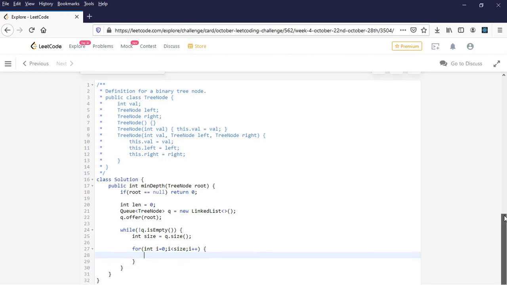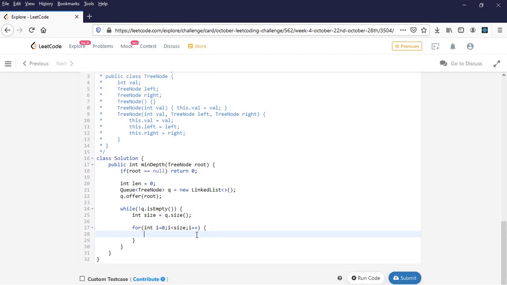So in this for loop I am only going over the elements in that level. First I'll poll the element from the queue, queue dot poll. It gives me the first element, that is the topmost element in the queue, and also removes it from the queue.